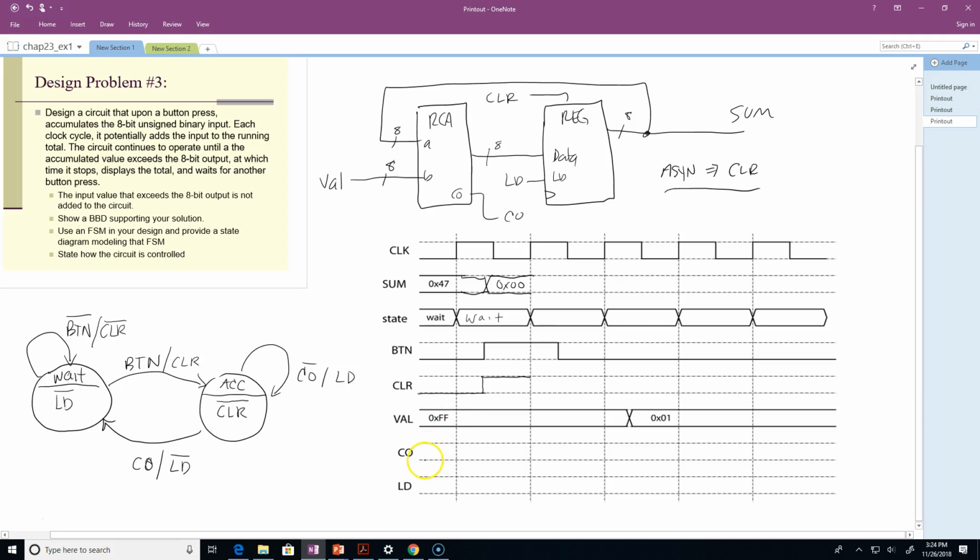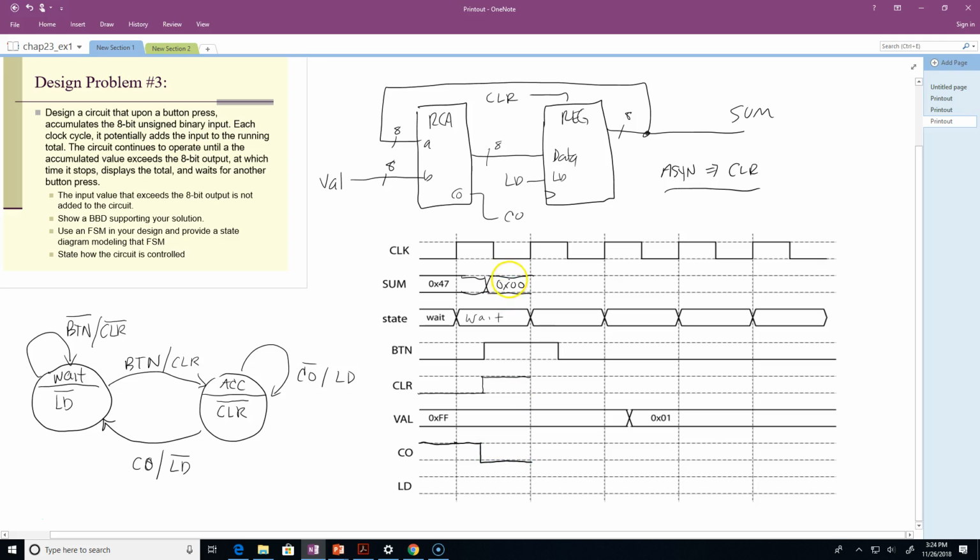Let's look at carryout. At this very moment, the carryout is based on the fact that there's an FF and a 4-7 on the input of the RCA. That's going to overflow this thing. So in this state, the carryout is not going to be a 0, it's going to be a 1. Okay, and it's going to stay a 1. It's a combinatorial circuit until one of those inputs goes to 0, and the carryout goes to 0 right